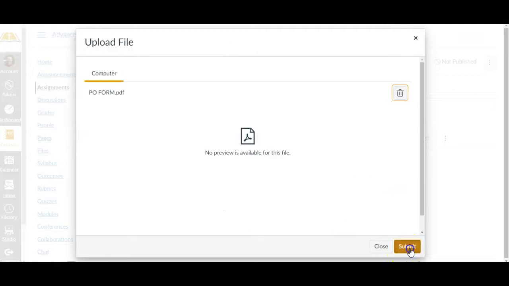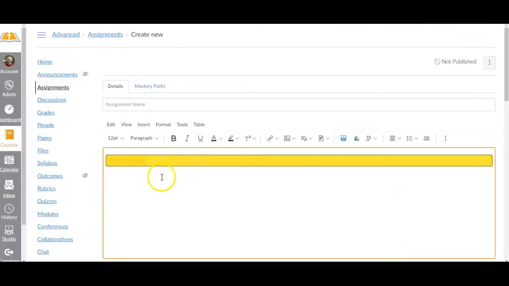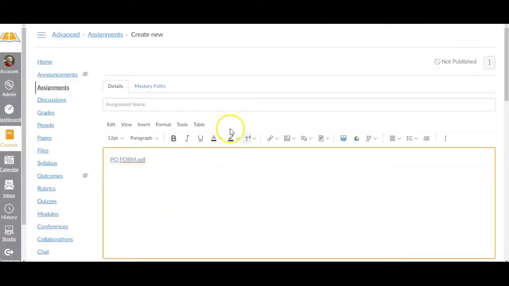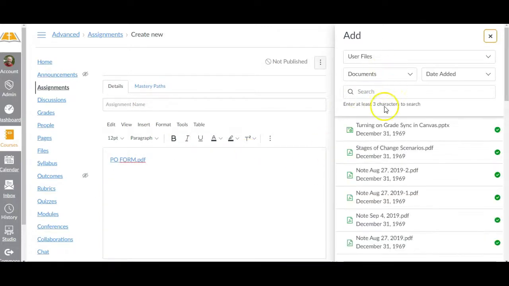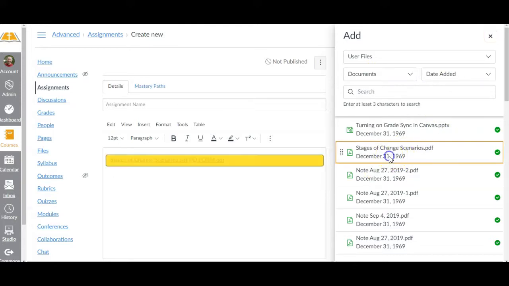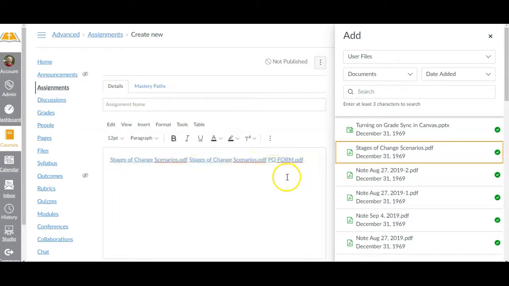You simply click it, hit submit, and the document goes right there. It's moved into your files. And then of course you can look at your user documents or course documents to add those to your course. One tip is when you add these, when you highlight that, if you were to hit the return button, you'll just keep adding the file. So what you want to do is click out of there before you hit return,